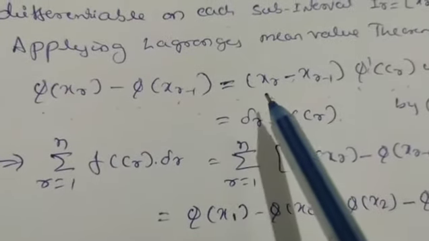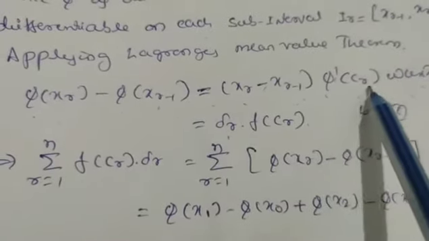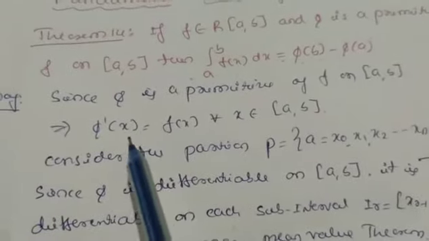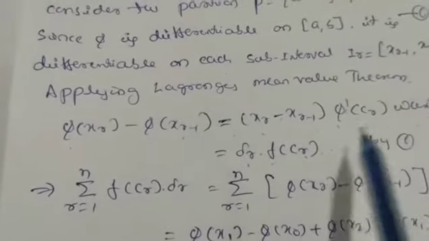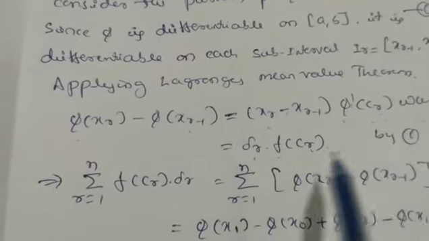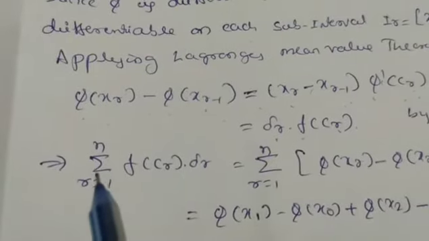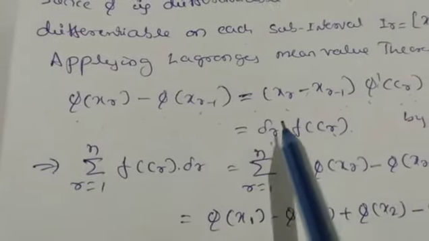So we know that xr - x(r-1) is Δr, and φ'(cr) is f(cr), because we know φ'(x) = f(x). So φ'(cr) = f(cr) by equation number 1. Now here apply sigma. This implies the sum over r = 1 to n of f(cr) Δr is equal to